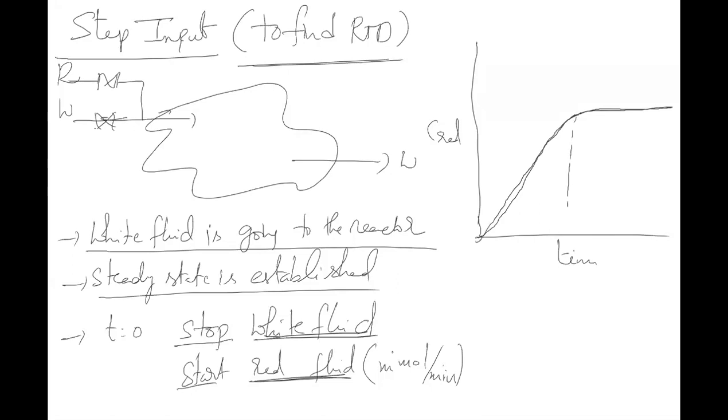So this is the point where your entire white fluid has gone out of the reactor. Let's say this is some time, 4 minutes. At 4 minutes, this is my red fluid concentration. Then what does it mean? What is the rest? The rest is nothing but white fluid. So this entire shaded area remains white fluid.